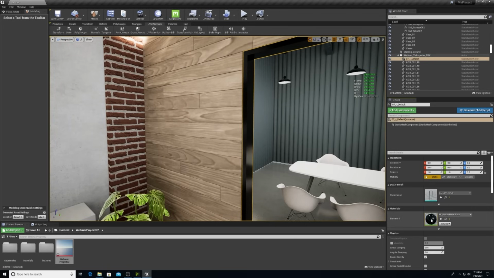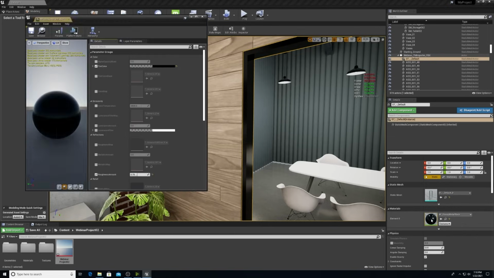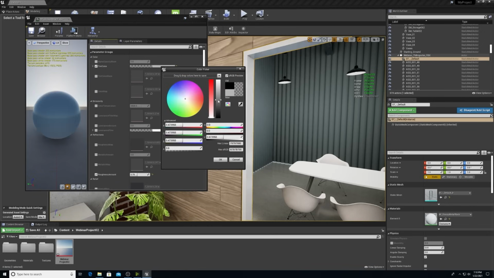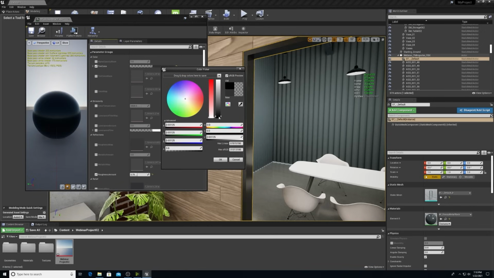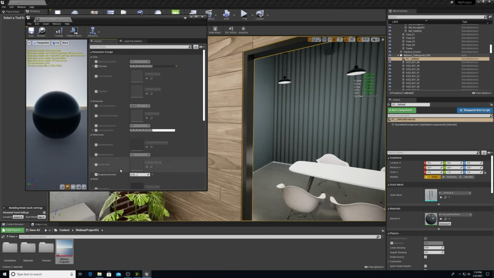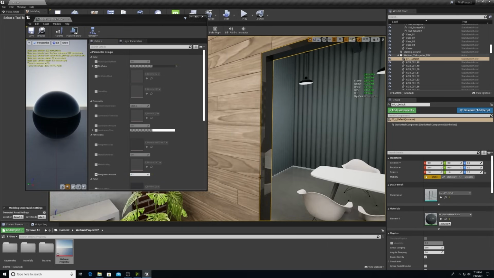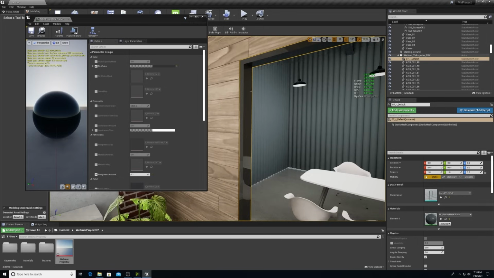If you want to make changes to the material, you can double click it here. Come to the left-hand side, you'll see we have a couple different options. I can change the tint color if I want it to be a little bit lighter. I'll hit OK. I can also change the roughness amount. So now it's set at 0.05. Let me change this to 0.1. You'll see that the reflections become very evident.